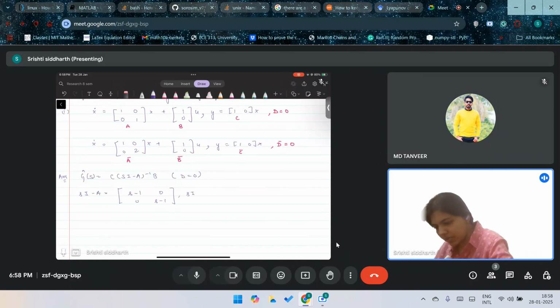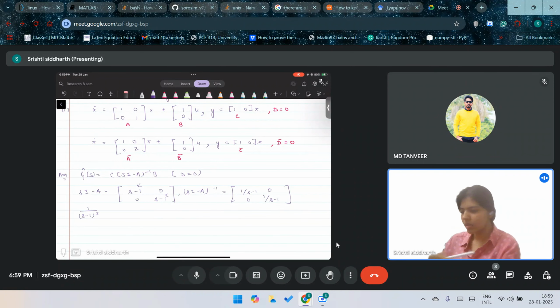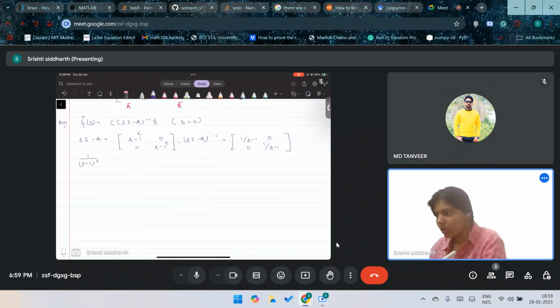So (sI minus A) inverse is simply, this is just a diagonal matrix, 1 over s minus 1, 0, 0, and 1 over s minus 1. You can just check this. The denominator polynomial is simply 1 over (s minus 1) whole squared, and then you can divide by these elements. Then G hat of s is 1, 0,